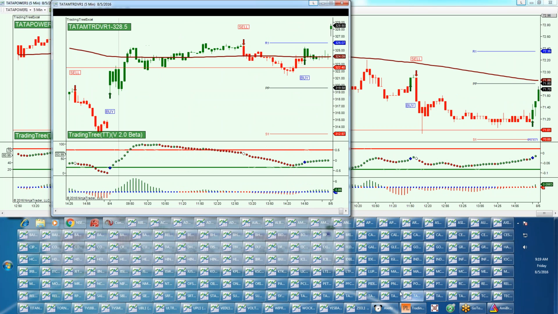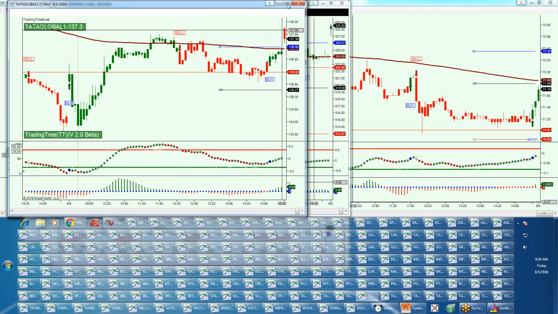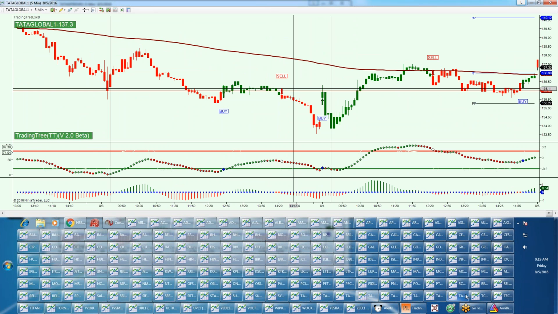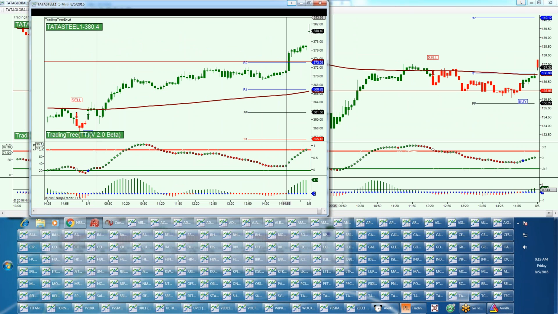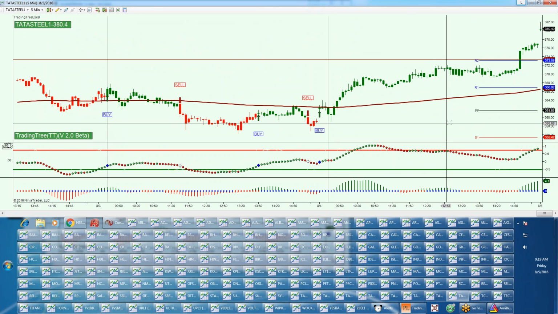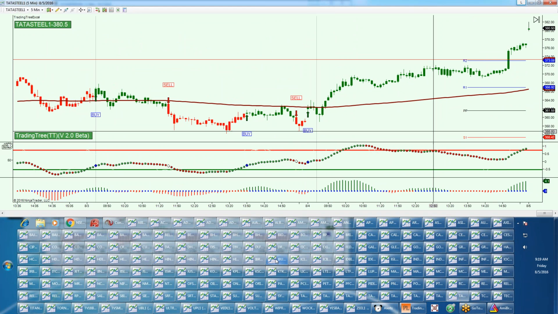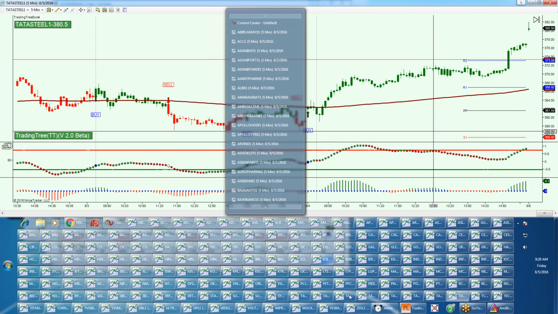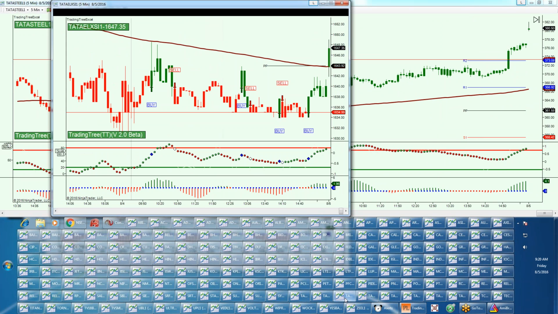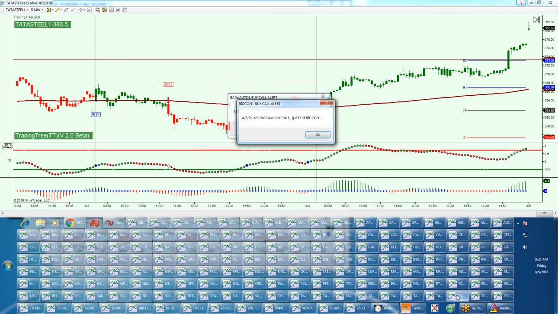We have Tata Steel. It was in green yesterday and even today also. So we have a buy in